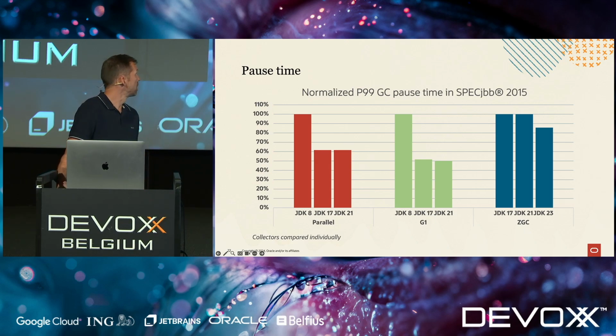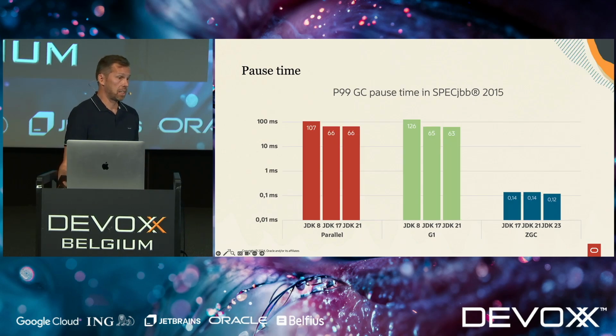And to make it a bit more obvious why this is the case, let's look at the raw pause times. And mind that this is a logarithmic scale, and that's why the improvements to parallel and G1 don't look very good anymore. But you can see that we cut away much of the pause times, as we saw on the previous slide, down from around 100 milliseconds to somewhere around 65 milliseconds with G1 and parallel, which is great for those collectors. But compared to the pause times of CGC,